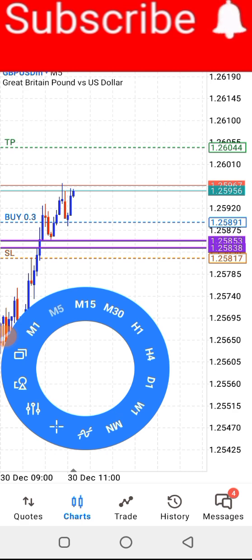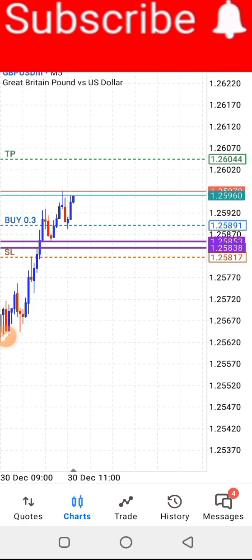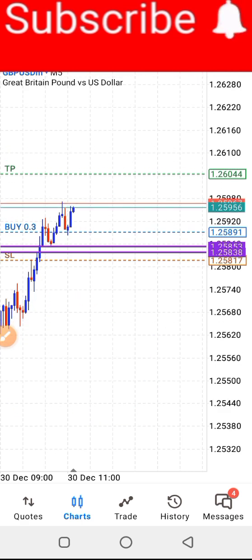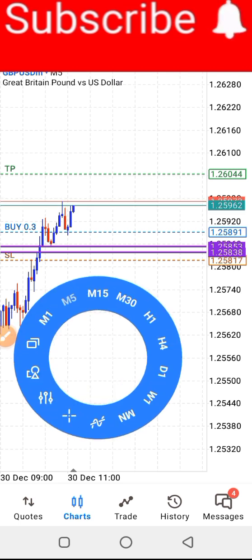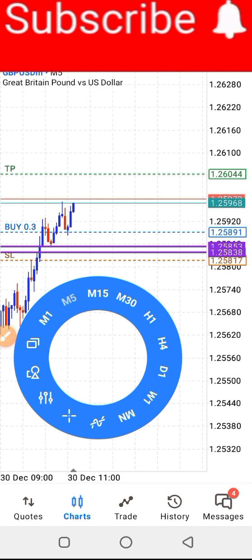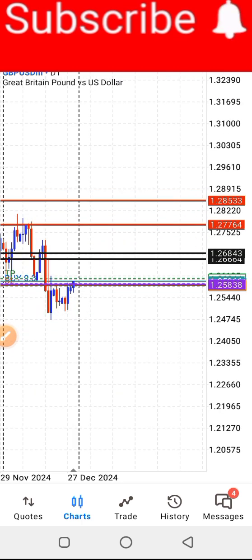Okay, so the strategy I use, the system I use to enter this trade is top-down analysis, and I'm going to be breaking down the analysis for you, starting from the daily time frame. So today you get the opportunity to actually see how I do my own top-down analysis. So start from the daily time frame, D1. So on the daily time frame,